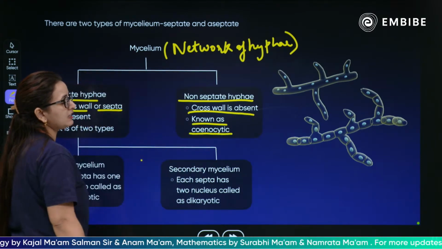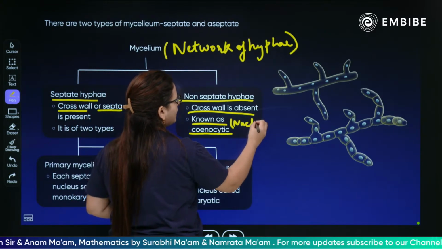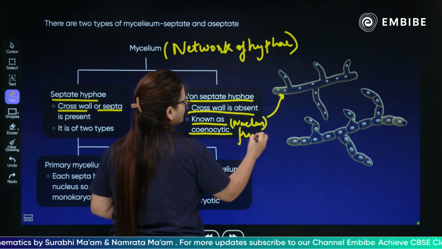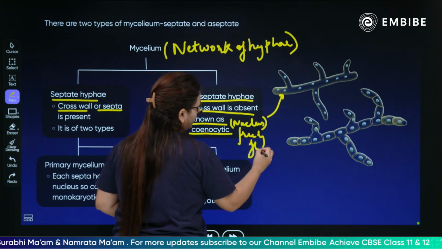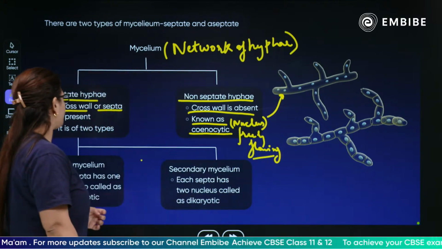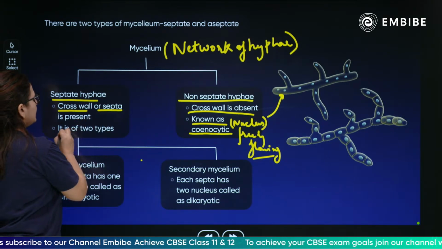What is a coenocytic condition? When the nucleus is flowing freely in the cytoplasm. This is a freely flowing nucleus inside the cytoplasm. When we talk about the septate, their cross walls are present, and it is further divided